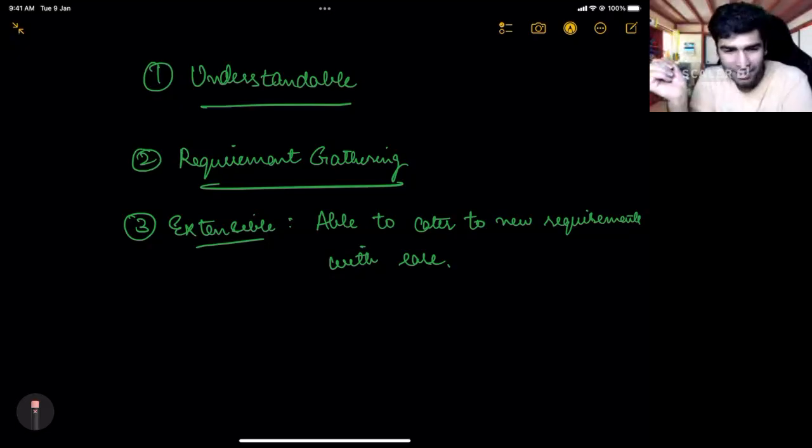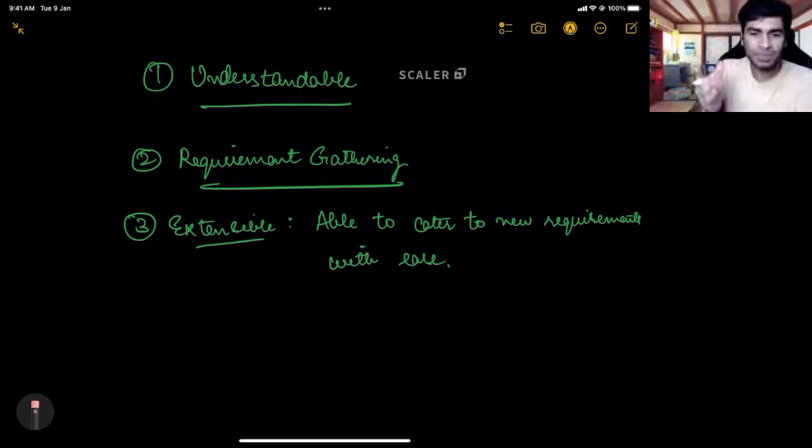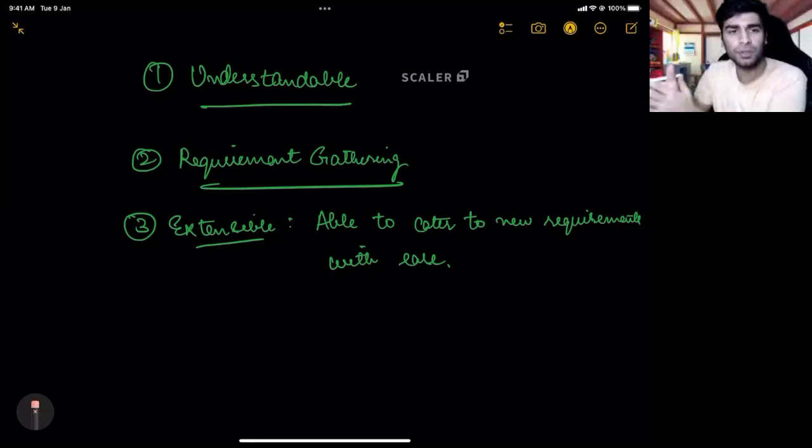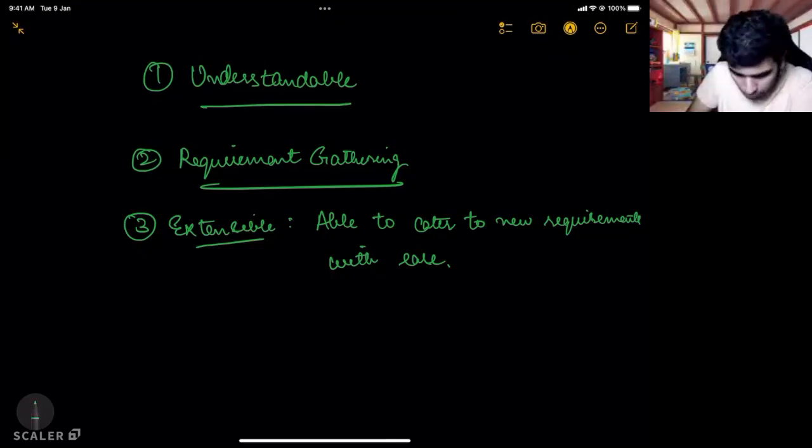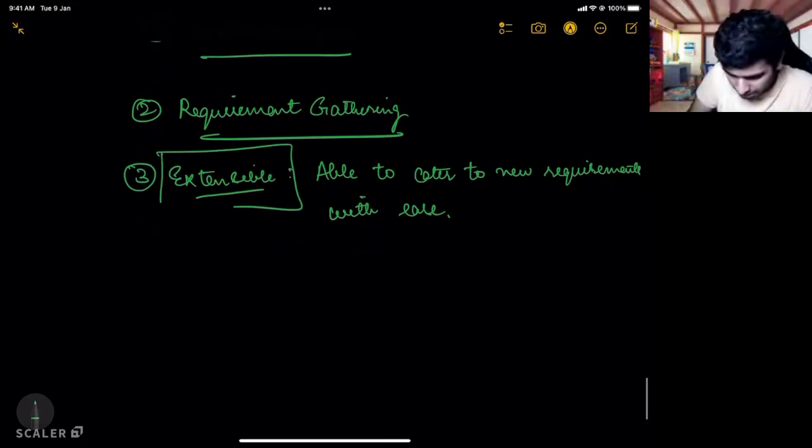Not really. So, what needs to be there in a good software system is it should not just be produced very fast, but in future as well, because there are going to be a lot of changes that will keep on coming, a lot of feature requirements will be coming up. Your code base should be written in a way that it is very easy for you to cater to new requirements. How will we write such code? We will learn in the coming classes, but this should also be a property of a good software. It should be extensible. It should not take much time for you to add new features. Okay. Then there is another feature which is maintainable.